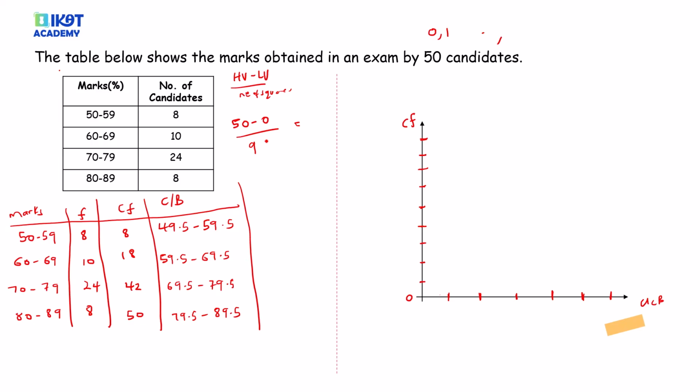50 divided by 9. Now, I should note that the good multiples for use in any of these graphs should be 0, 1, 2, 2.5, 5. The multiples of these numbers are the good things to use in your graph. Now here, since we are getting 5.5, I can round it off. I can push it to 10 because that's also as 1 is here. Though it's going to be somehow big, like the values will be, I don't know if you get what I